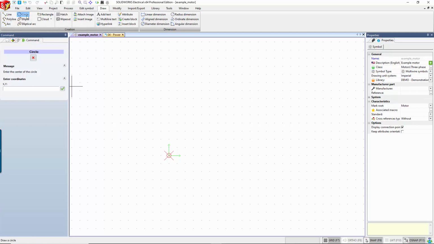So I started my circle tool, and like all SOLIDWORKS products, well, all the ones I mostly use, you have some properties or command tab over here on the left-hand side. This usually is giving you hints of what the tool expects you to be doing with it. With this one, it says enter the center of the circle, and then it'll ask you to select the radius of the circle. So if I click somewhere,